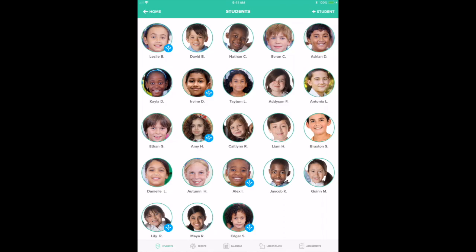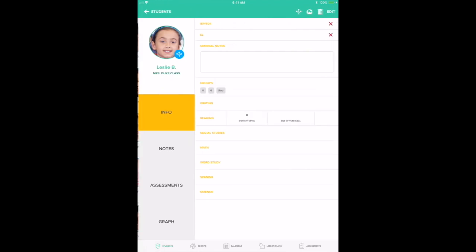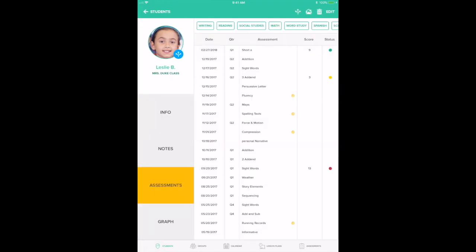So tapped on the students tab at the bottom, I'm going to tap on Leslie B, and then tap on her assessments, and up there at the top under today's date, the day that I created it, you can see the Short A assessment for quarter 1, a score of 9, and a green for her status. I'm going to go back to the